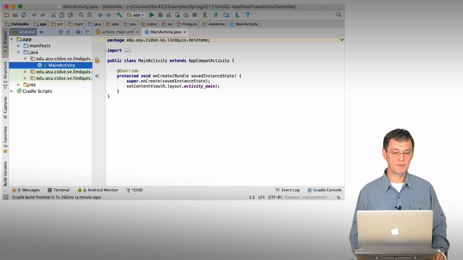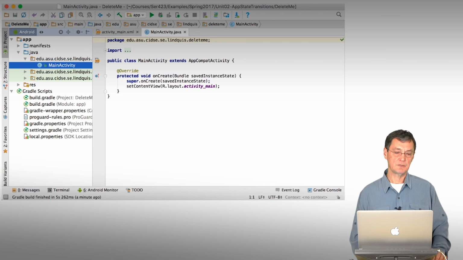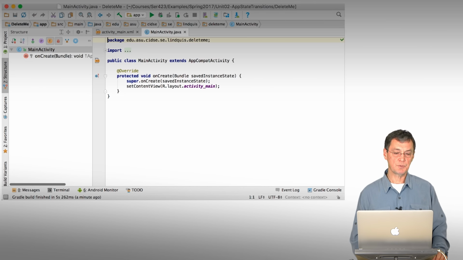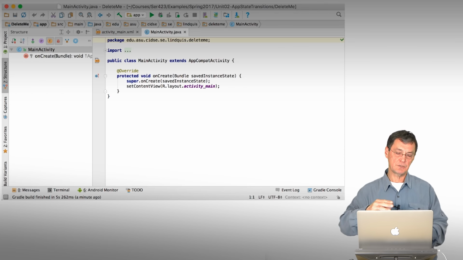Okay, so we also have on the left-hand side the project overview, or the hierarchical form of the project. That's the top left selection. We can look at it from a structural perspective as well. Right now there's only one class. So if there were 10 or 15 classes, the structure would show each of the different classes that are in our project, all of the methods that are in those